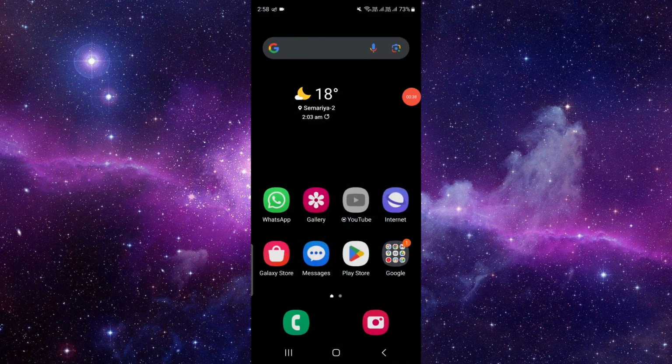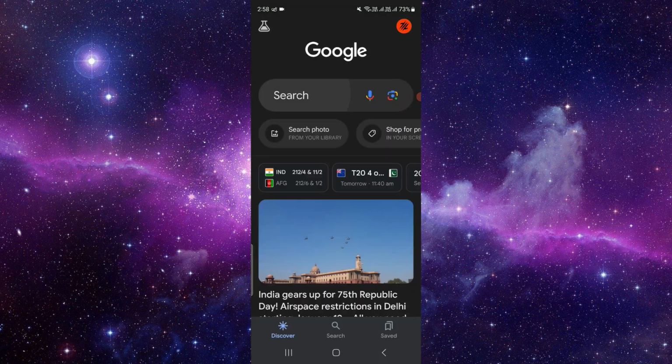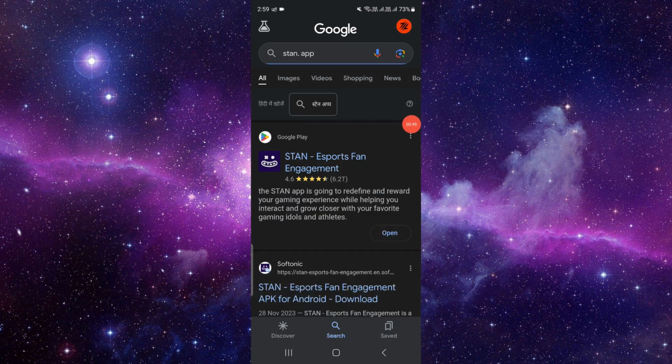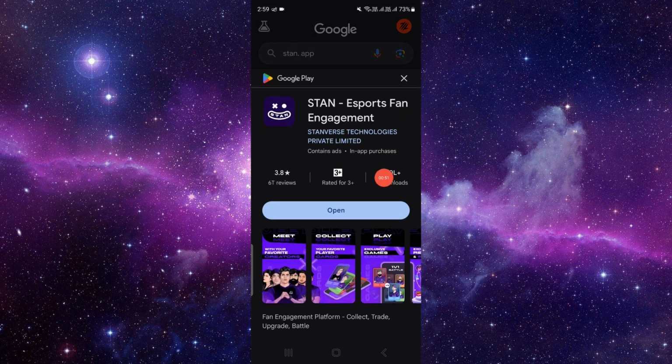Just you have to open your Play Store or Google. Okay, so here I'm just Google. So here you have to search for the Stan app. Okay, so at here we can see the app. Just click on there and check for update. If app update available, then you can update it